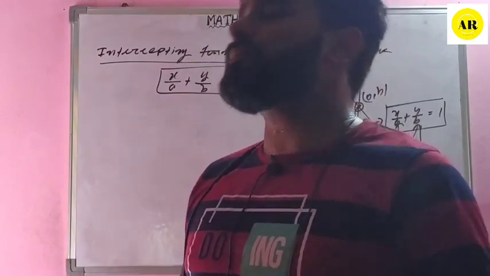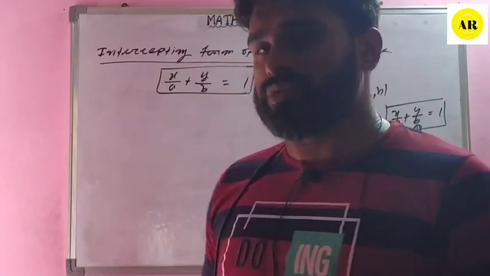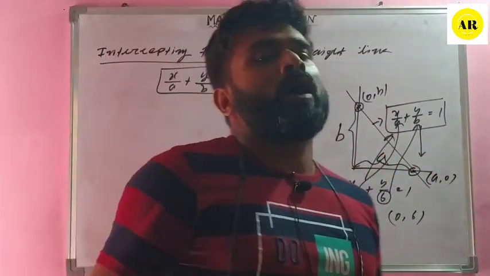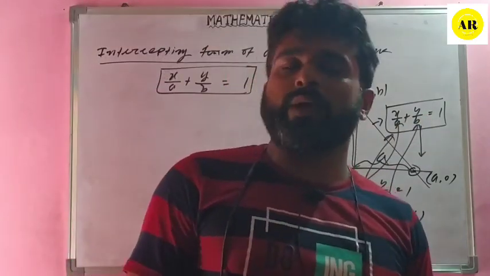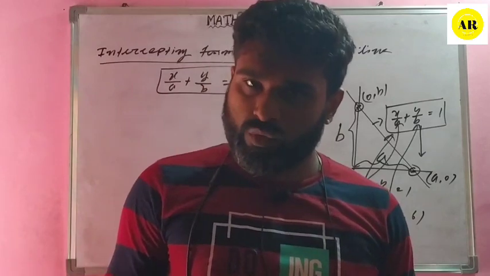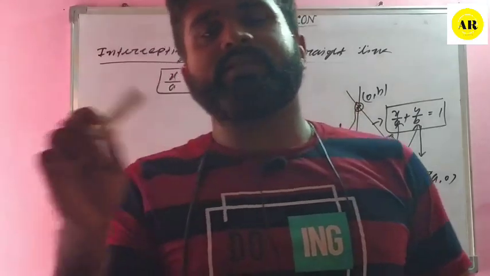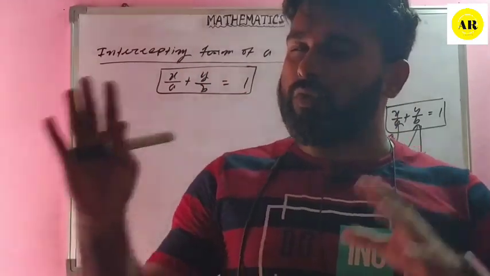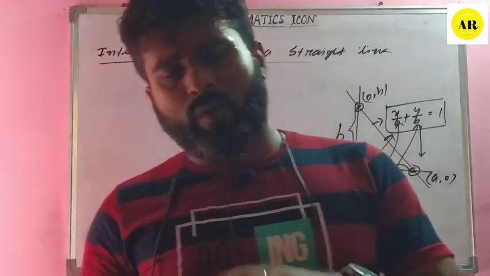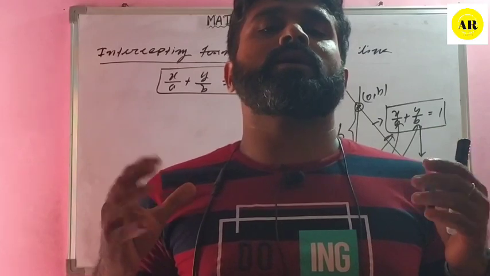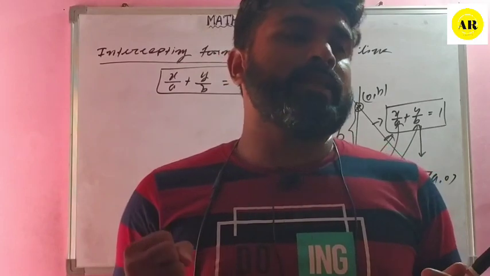थर्ड फॉर्मेशन इज कोऑर्डिनेट एक्सेस। व्हेनेवर दिस कोऑर्डिनेट एक्सेस वर्ड विल बी यूज्ड इन एनी क्वेश्चन, देन आई थिंक you will have to use this formation x by a plus y by b equals to 1. Very simple. Okay, so just remember this thing. Whenever you are solving the different questions from the straight line chapters, different formations will be there and different formations will be discussed. Okay, so whenever you need to use the straight line formation in a particular solution, then actually